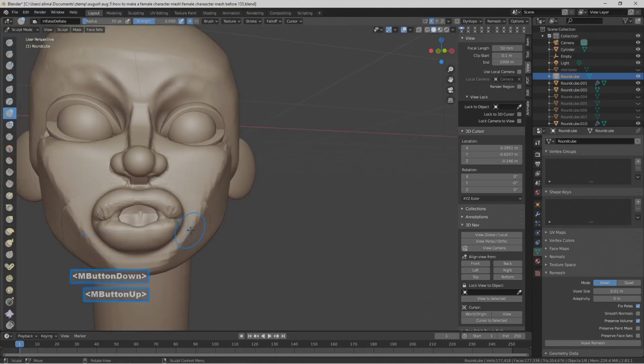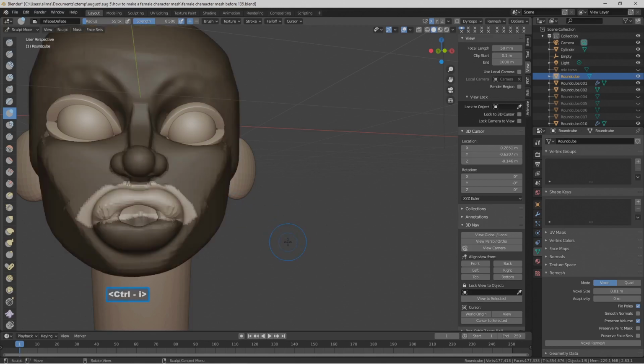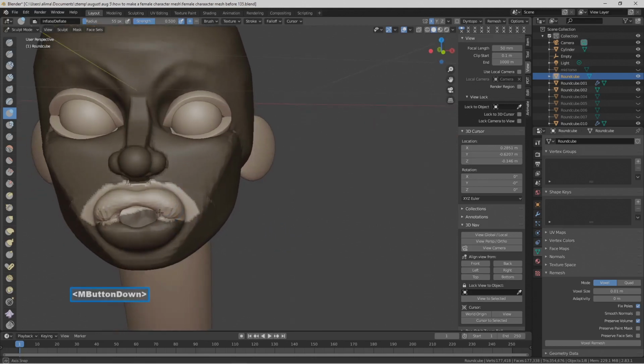So what I'm going to do here is hold control, hold shift, left click, drag. I did that so I can work just on this. The way I can do that is I'm going to hold control, press I. So now I can work just with this. So what I do here is